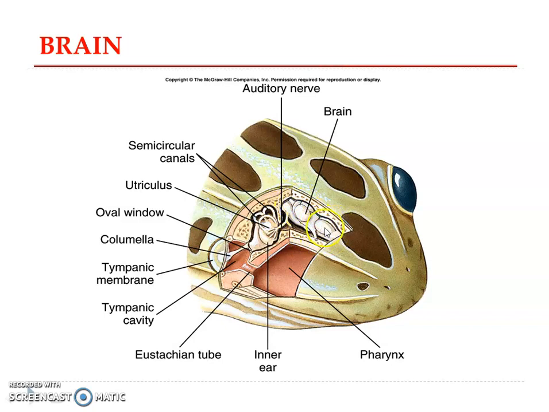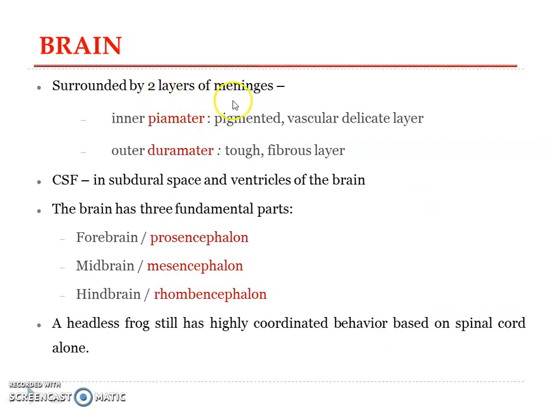So the brain is safely situated in the cranial cavity of the skull, and it is surrounded by a protective layering, which is referred to as the meninges. Two layers of meninges are found as a protective covering over the brain of the frog. The innermost layer is known as the pia mater, which is closely applied to the brain, and this pia mater is a thin, pigmented and vascular connective tissue layer, while outside the pia mater you can see the dura mater,